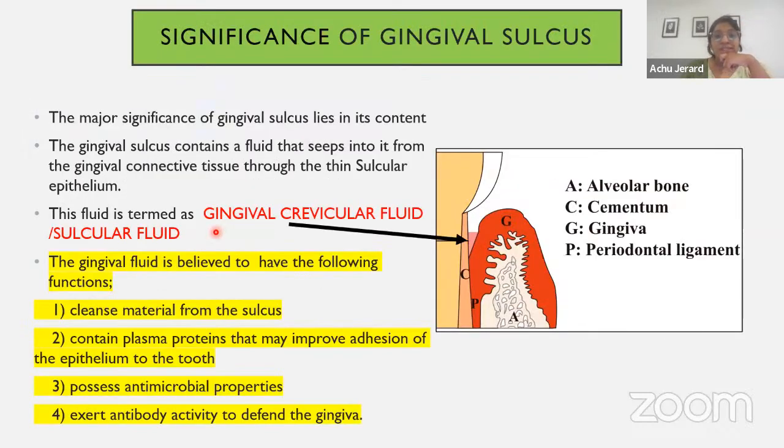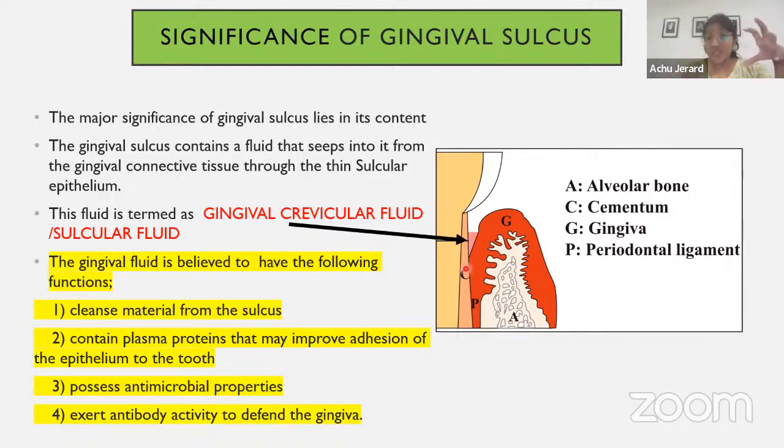Now, next is about the gingival sulcus significance. We have seen what a gingival sulcus is. Now we have to know what significance it has. This is a V-shaped crevice, right? The significance of the gingival sulcus is mainly with relation to the fluid that is present in the sulcus, that is, gingival crevicular fluid or sulcular fluid, which we'll see in detail in the subsequent session. But you have to know this fluid has